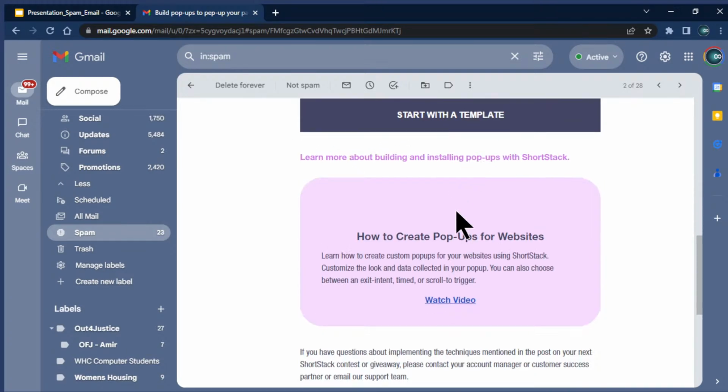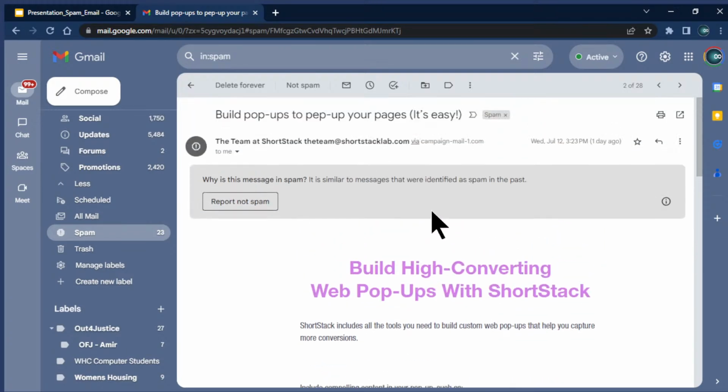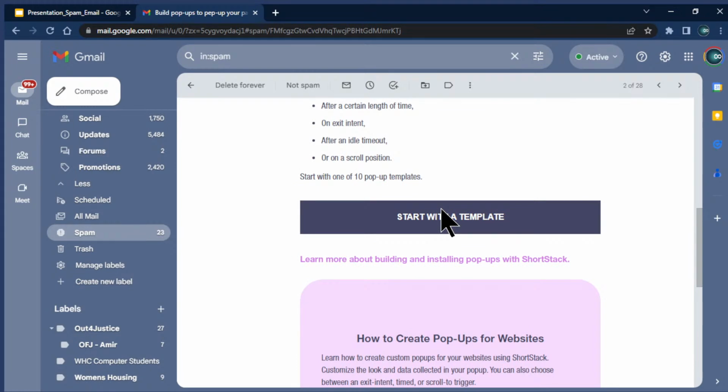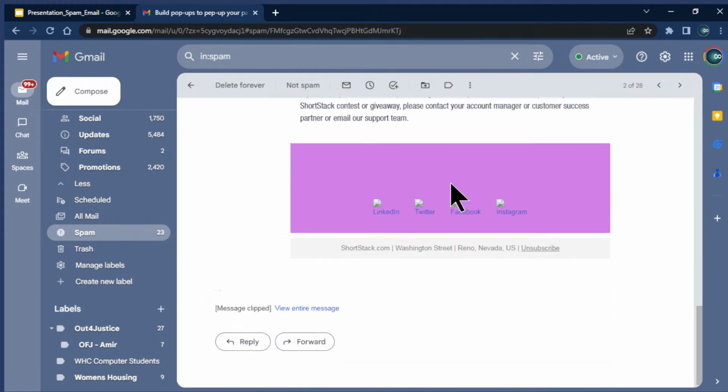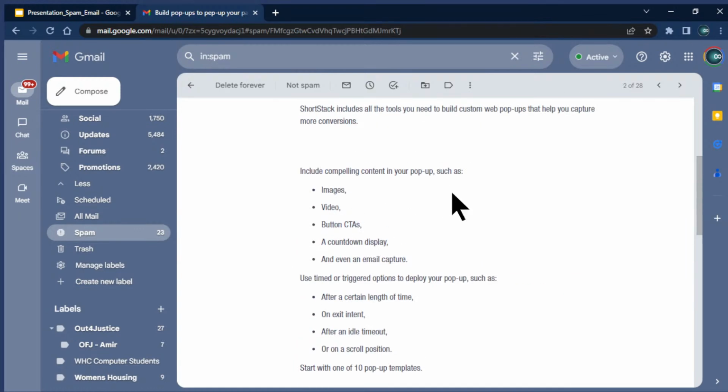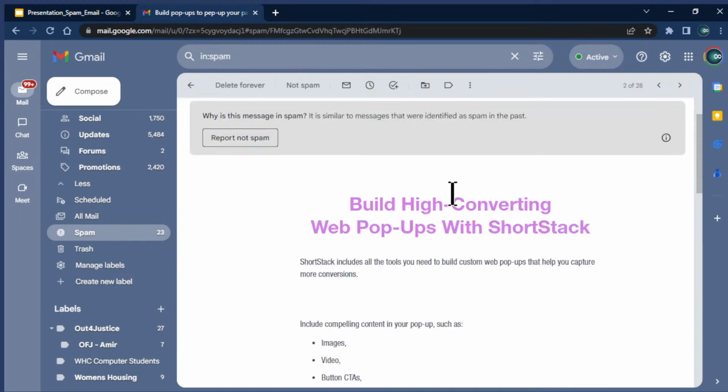So I know where this email is coming from. I don't want the email. It's technically not spam, but at the same time it is because it's unwanted. But it's safe. I say that to say, since I'm familiar and I know what this company is, this is a safe email.